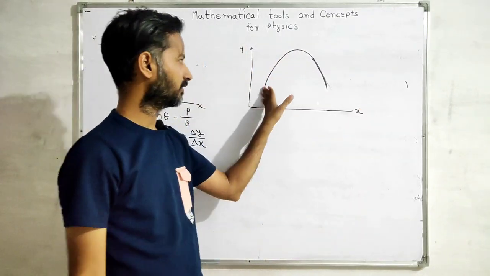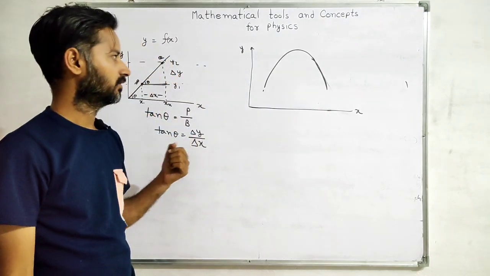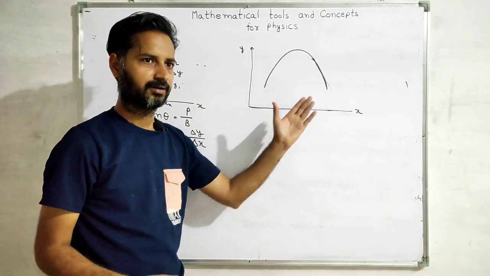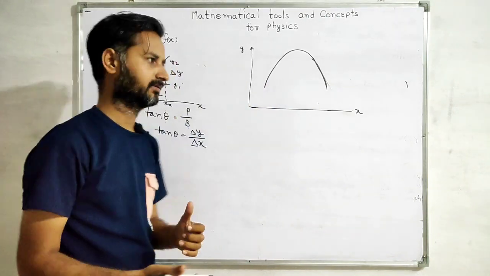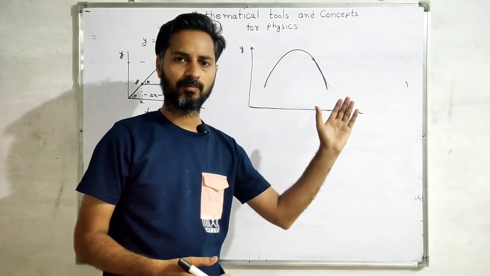What if it has this kind of graph? Then here we can see that the slope is not constant. Now, for getting the slope,